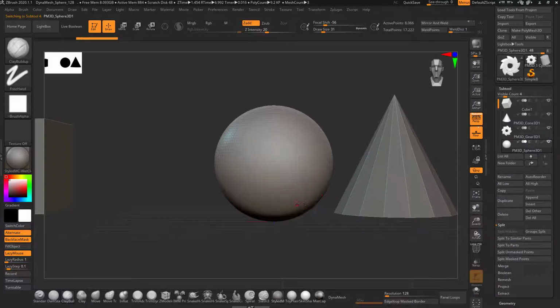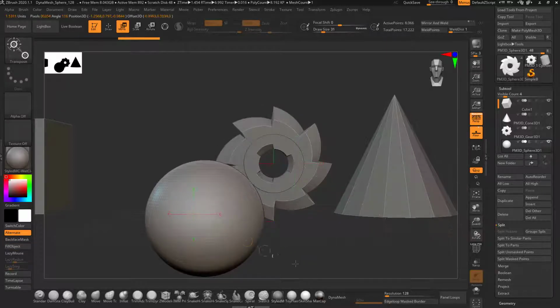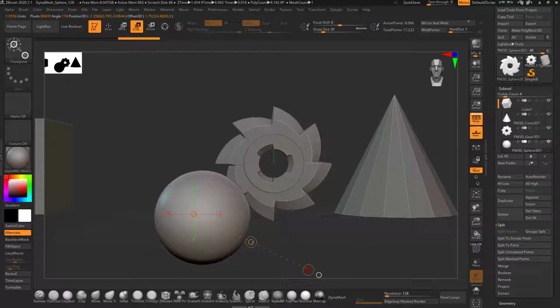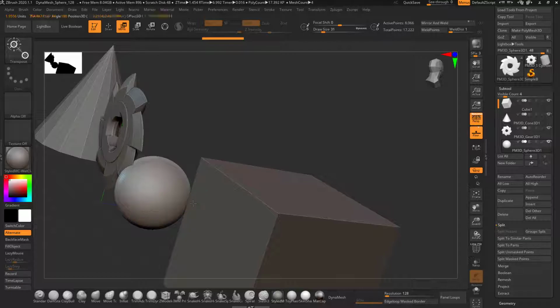I'll click on this sphere, move it a bit to some place, and resize it like that. Then I want to merge this sphere with my gear.